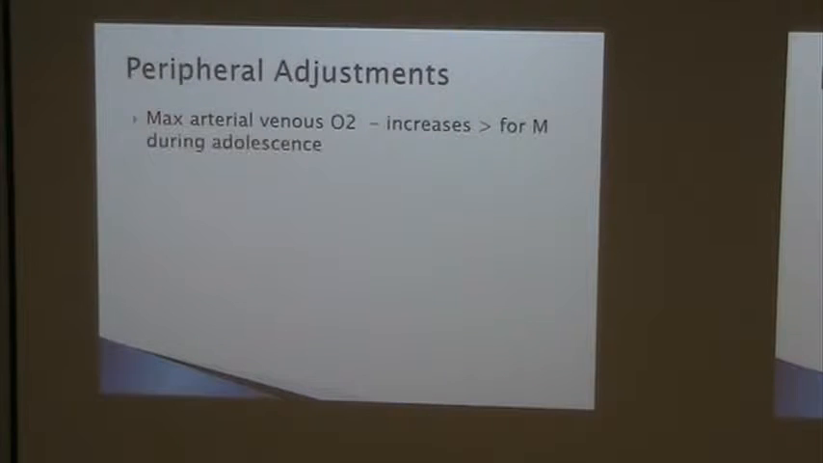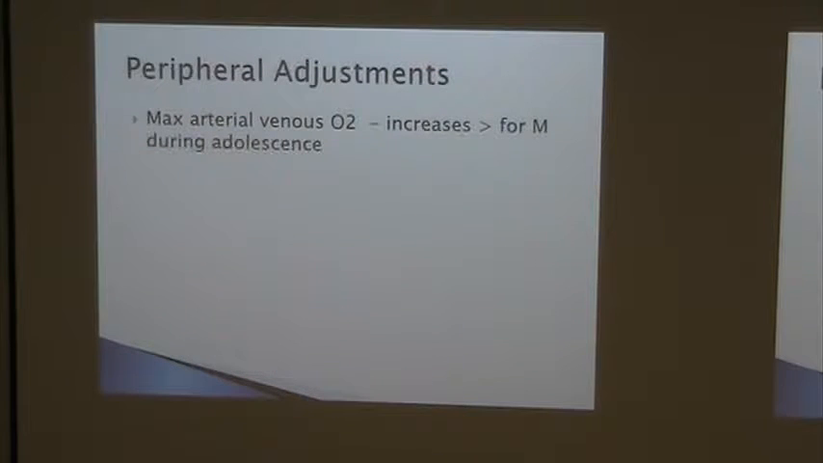All right. So at the peripheral level, we don't know as much about what happens, but one of the things we have an idea about is that your max arterial venous oxygen consumption is greater for males starting during adolescence. Now, what the heck is that? Max arterial venous oxygen consumption. Remember, we're talking about peripheral